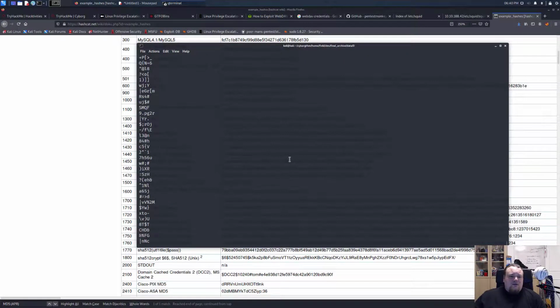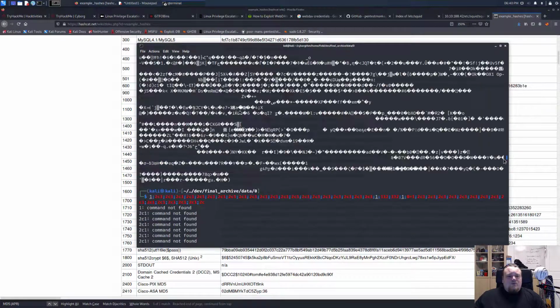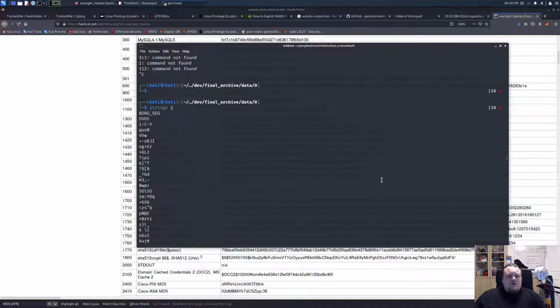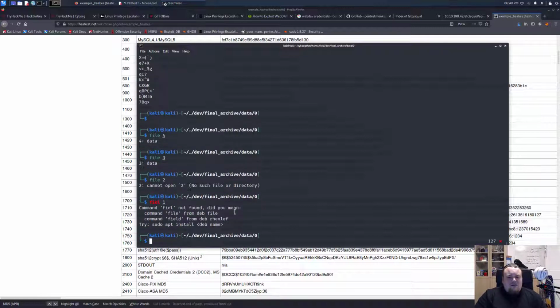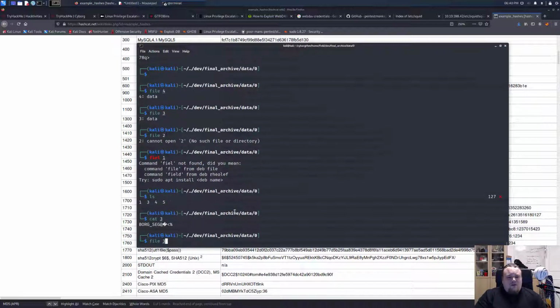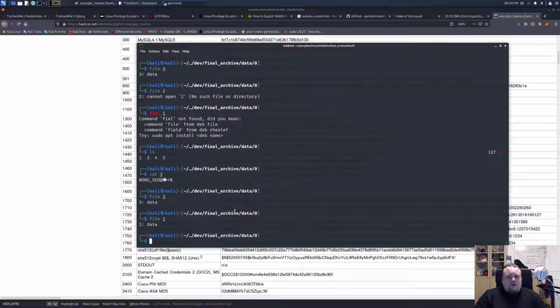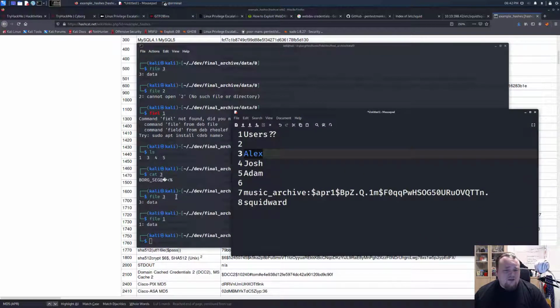Let's do a strings command on the number 4 file just to quickly see if we got something here. It seems like it's a lot of... whoa. Yeah. What kind of file is that? It's data. Cannot open. Oh, 3. Cat 3. File 3. File 1. It's all just data. Yeah. So I think while we're at it, we might get something out of this re-downloaded, but I'm